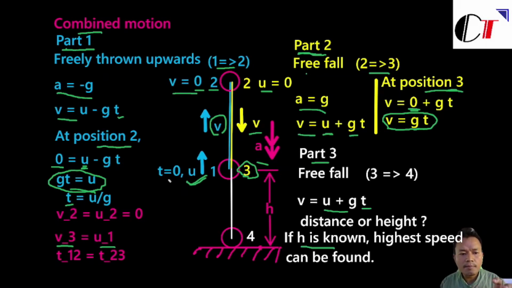So if you look at the magnitude of the velocity, the initial velocity at the freely thrown upwards motion, which is just gt, is exactly equal to the final speed for the free falling motion from 2 to 3. So this means at position 3, the final speed is just gt, right? So you can easily see that the speed at position 3 in fact just equals the speed at the initial release in